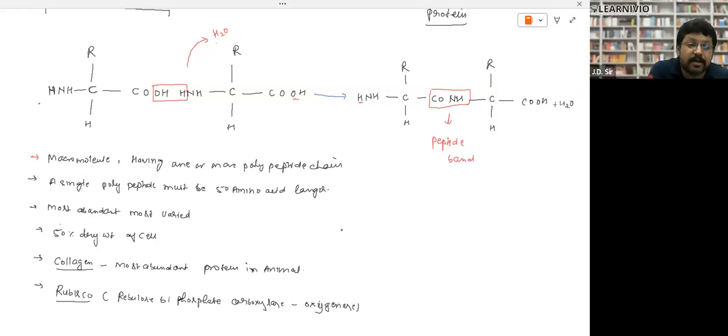Your leather bag, the leather which you call leather, that is made up of collagen fiber. You must have a leather purse, leather wallet. The leather, that is animal leather, is basically made up of collagen fibers. And the more collagen fiber in the leather, the stronger that leather will be, right? So collagen fibers are basically found in the skin, right?